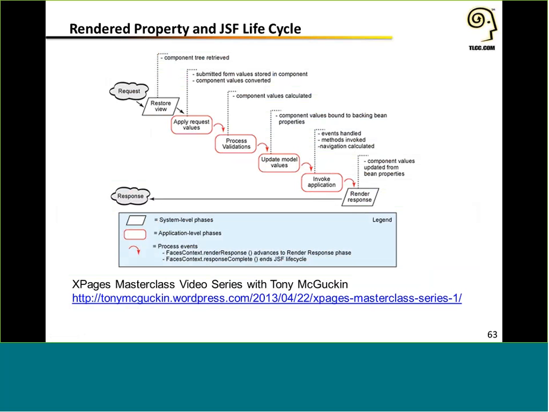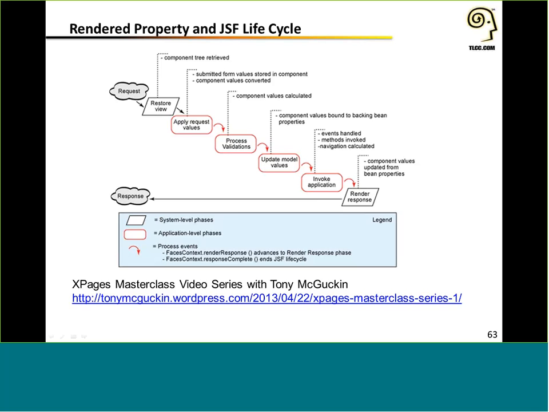The problem with that is that the rendered property, and this is the JSF lifecycle, and this is a chart from Tony McGuckin's XPages Masterclass video series, and I highly recommend that you take the time to watch that series. Gives you a really good understanding of what's happening behind the scenes in every stage of this JSF lifecycle, and gives you many, many efficiency points and tips and tricks to consider and bring into your applications.